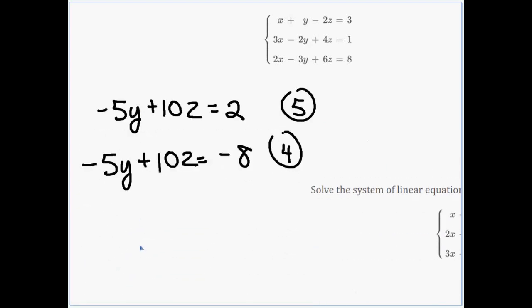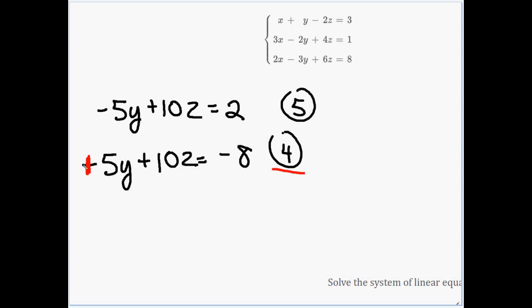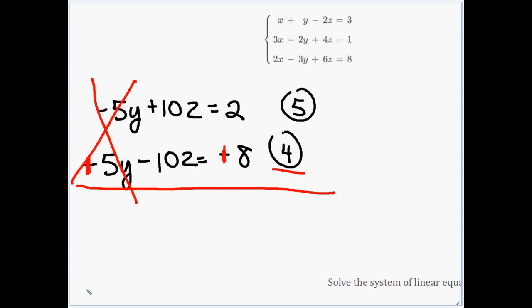Now let's see, I'm going to take equation 4 and distribute a negative 1. So in equation 4, all my signs will flip. This is now a plus, the 8 is a positive 8, and my middle term is now a minus 10z. So now if I add my columns, the y's are gone. Those cancel to 0. The z's also cancel to 0. So we get 0 equals,